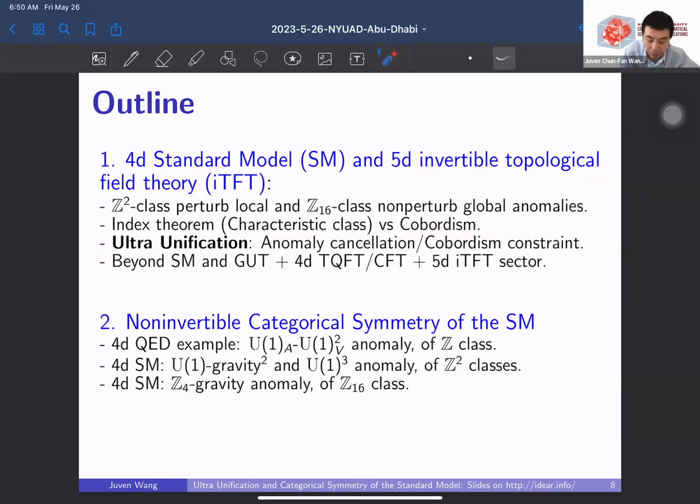And then the second part of my talk will go to saying that if we remove those hidden sectors and just look into the Standard Model, in fact, it does have this anomaly, but using some recent developments, we can try to revive the anomalous symmetry as non-invertible. The anomalous invertible symmetry, part of it can be revived as a non-invertible categorical symmetry, and we'll go to that. Quickly review a possible QED example and then go to the Standard Model example. So this is the outline.